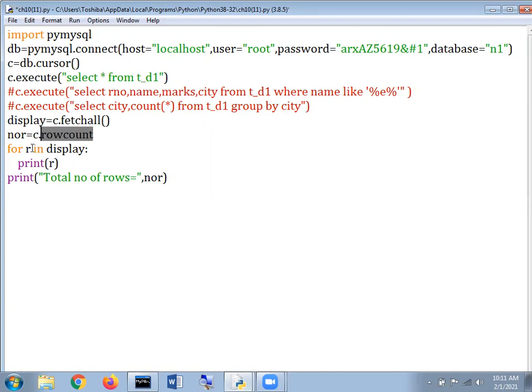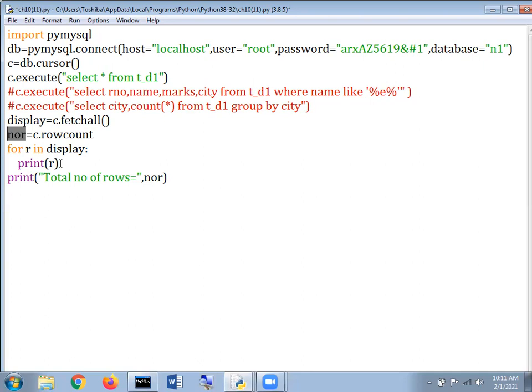We are supposed to count the rows in the table. For r in display, print r, and the total number of rows is stored in a variable, NOR. First it displays the entire data of the table.